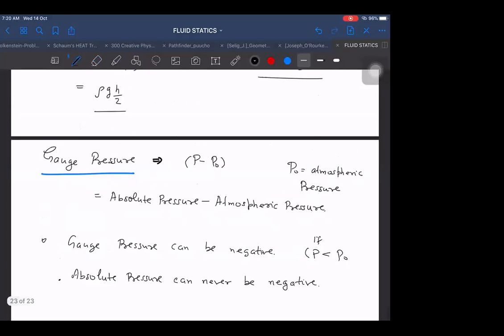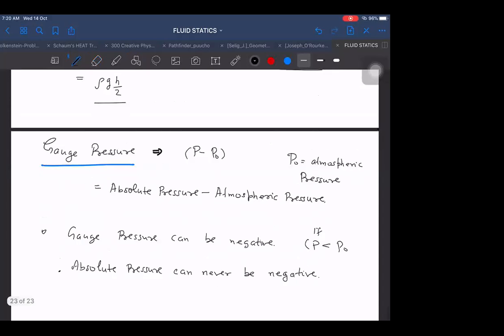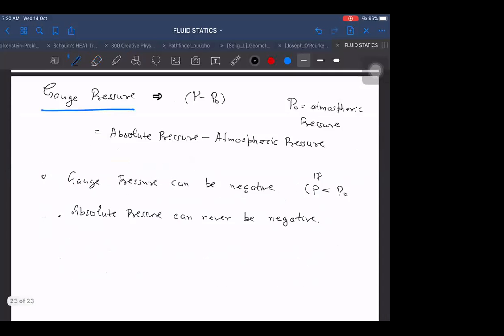But anyway, pressure is because of collisions of molecules with the wall. So if there are no collisions, then there is no pressure, zero pressure. But negative pressure doesn't happen, because as I told you, it is proportional to V square, so velocity means velocity of the molecules of the